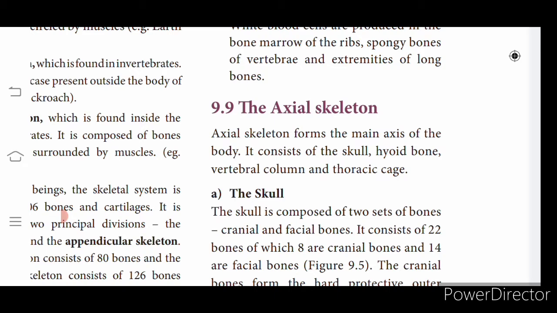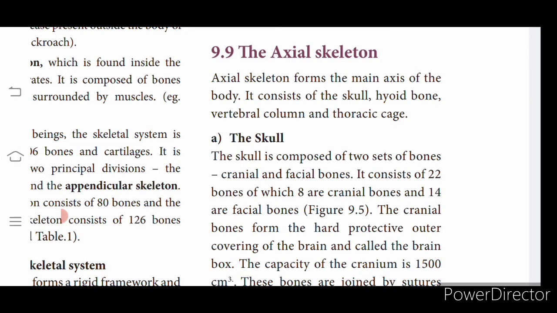Today we are going to continue with our ninth lesson in biozoology. Last class we learned in detail about the muscular system, and under the muscular system how the movement, contraction and relaxation of the muscles occur, and what the regulatory proteins and contractile proteins are. And we have seen the introductory part for the skeletal system, various kinds of skeletal system seen in various organisms. The axial skeleton forms the main axis of the body.